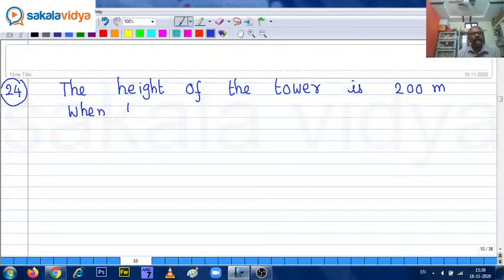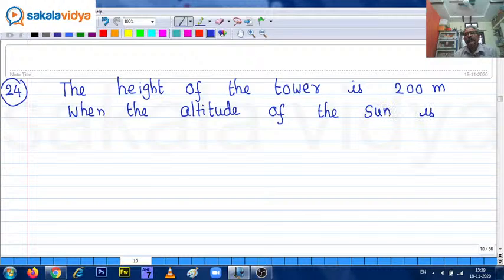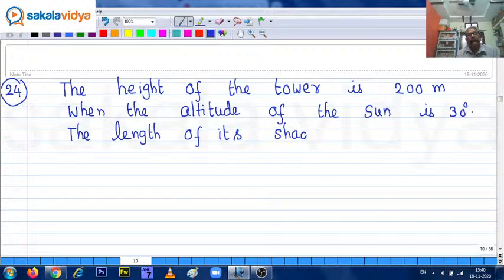When the altitude of the sun is 30 degrees, the length of its shadow is